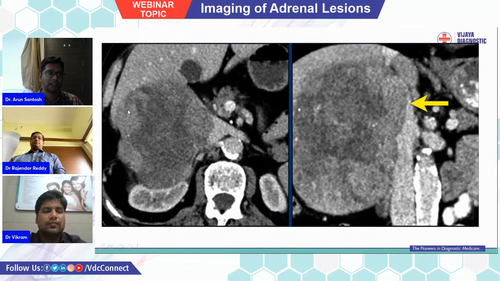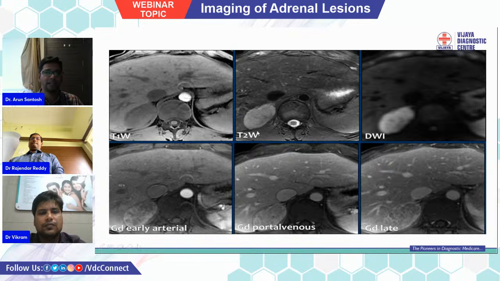Again, we can see here the right suprarenal lesion, or the right adrenal lesion, which is pushing the kidney downwards, and the lesion is showing infiltration into the IVC. These are the axial T1, T2, and diffusion images. Here we can see there is a smooth iso to hypointense lesion on T1, and the lesion is appearing very bright on T2. However, the lesion is showing significant diffusion restriction, and on dynamic contrast enhancement, the lesion is showing intense heterogeneous enhancement in arterial and venous phase with subtle areas of washout in the delayed phases. So this turned out to be an adrenocortical carcinoma, even though it was very smooth and rounded, because of diffusion restriction.